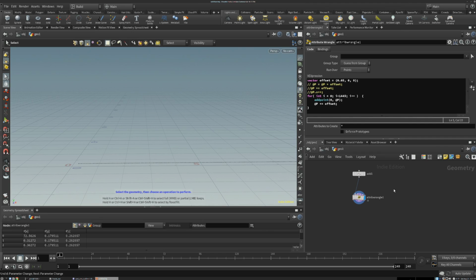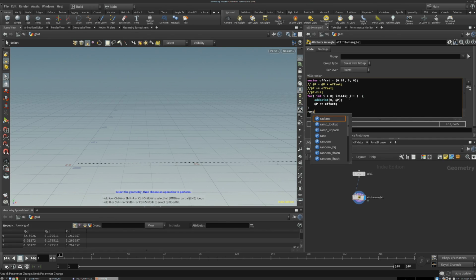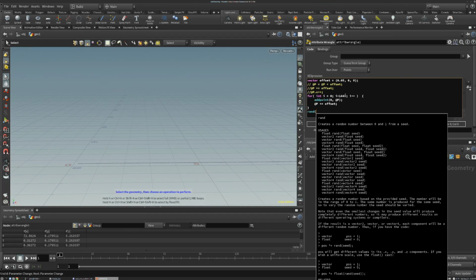So everything we've done so far is kind of simple operations, just setting values, getting values, incrementing, offsetting, or things like that. I'm going to bring a new function into play, and that's going to be the random function. If we just look at this tooltip here, this will generate or create a random number between 0 and 1 from a seed. And this is another function. This is actually going to return